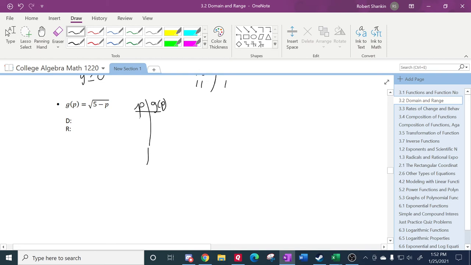If I plug in, like, let's say big negative numbers, like negative 10, is that okay? I'm going to get square root of 5 minus negative 10, which is actually the square root of 15, which is fine because it's the square root of a positive number. When I do other negatives, like negative 2,